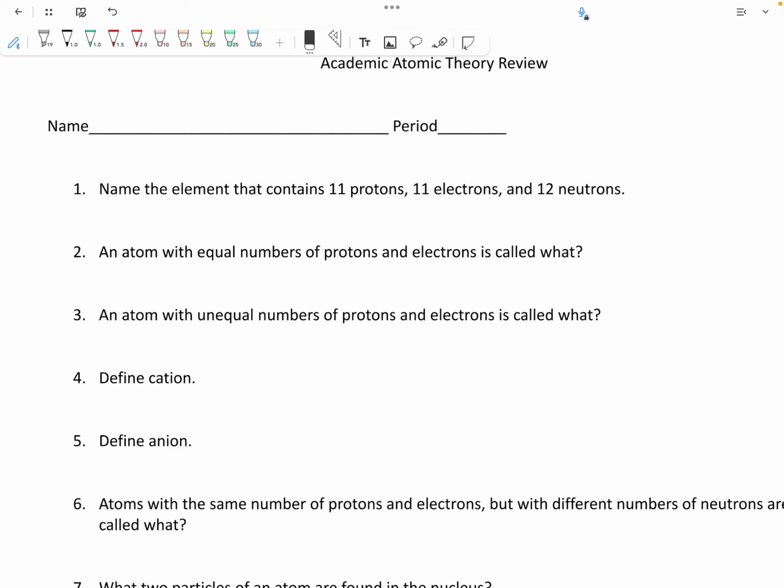So if you look at the periodic table for number one, it says name the element that contains 11 protons, 11 electrons, and 12 neutrons. And the element that you're looking for is sodium. Symbol for sodium is Na. All right. Very simple. You look at this right here, you find that atomic number, that'll tell you what the